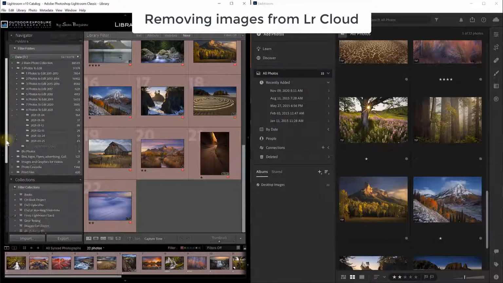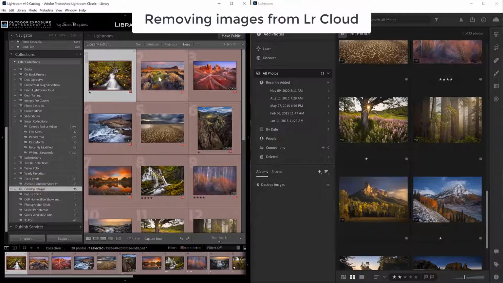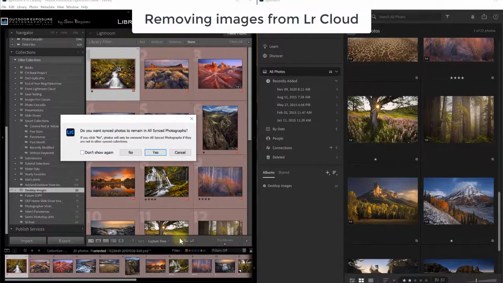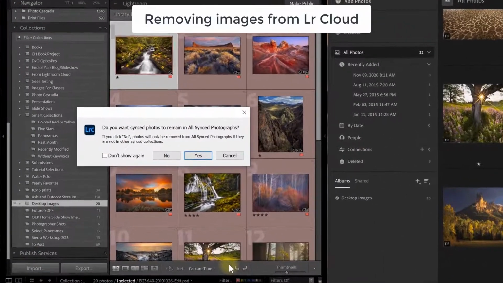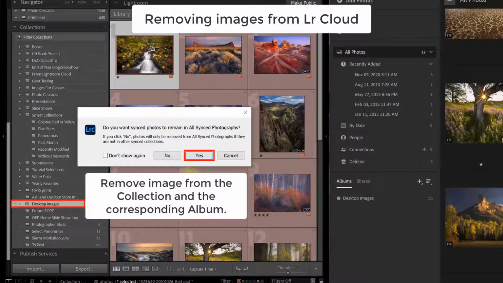In a synced collection, you can also go to an image, right-click on it, and select Remove from that synced collection, and Lightroom Classic will ask you, do you want synced photos to remain in all synced photographs? That's the all synced photographs collection at the top of the catalog. If you click yes, it'll remove the image from the collection in Lightroom Classic and the corresponding album in Lightroom